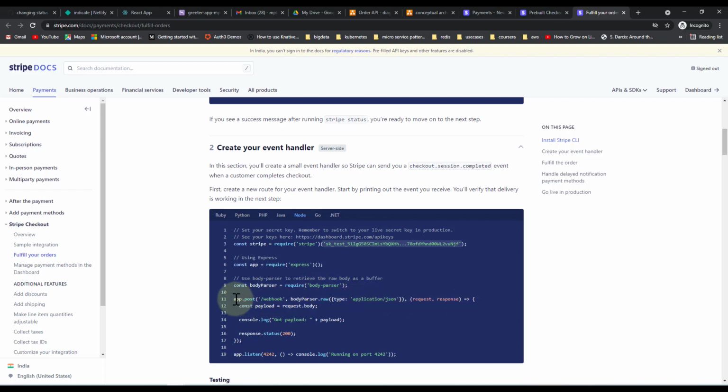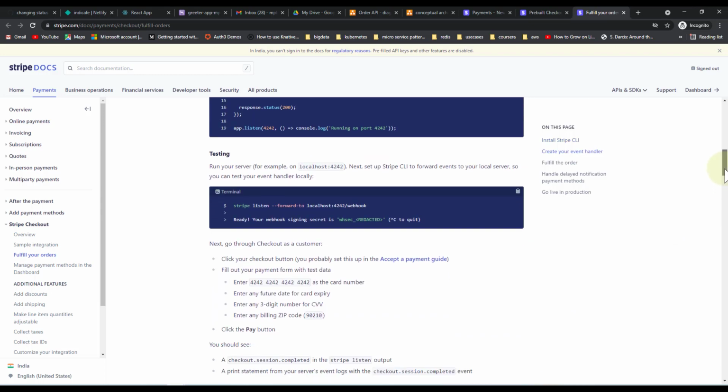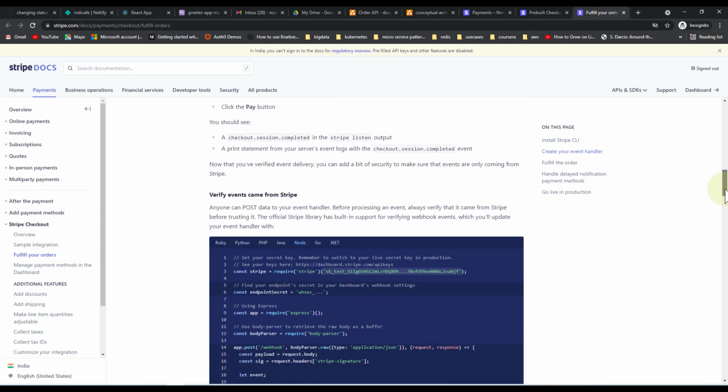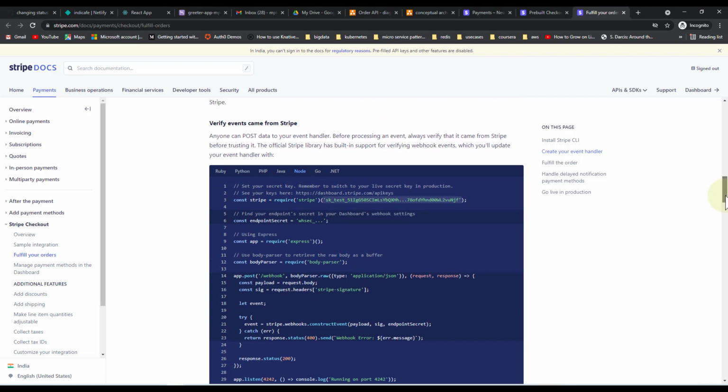Okay, essentially we had to have a webhook endpoint. We have to get the payload, which is going to be kind of an event, and then verify the event came from Stripe. You can also do that using some Stripe secret here. Essentially you can use the signature and the endpoint secret, which is something that you can get